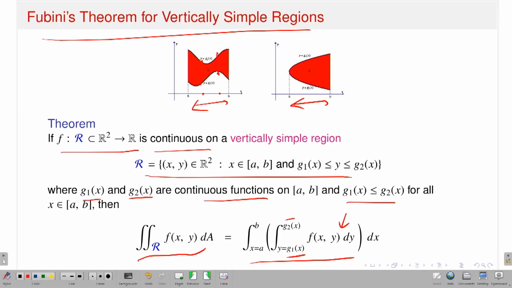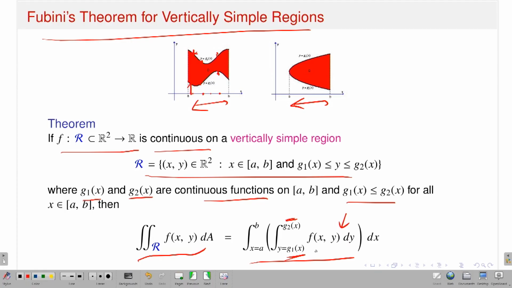So, that means it varies from variable to variable: if x is changing, the corresponding variable also changes. Earlier, when I talked about the bounded rectangular region, these were constants, but this time it is a function of x. So, keeping x fixed, you just draw a vertical line, and it will hit the corresponding g1 and g2 of x at 2 points. So, the bottom one is the curve associated with g1 and the top one is the curve